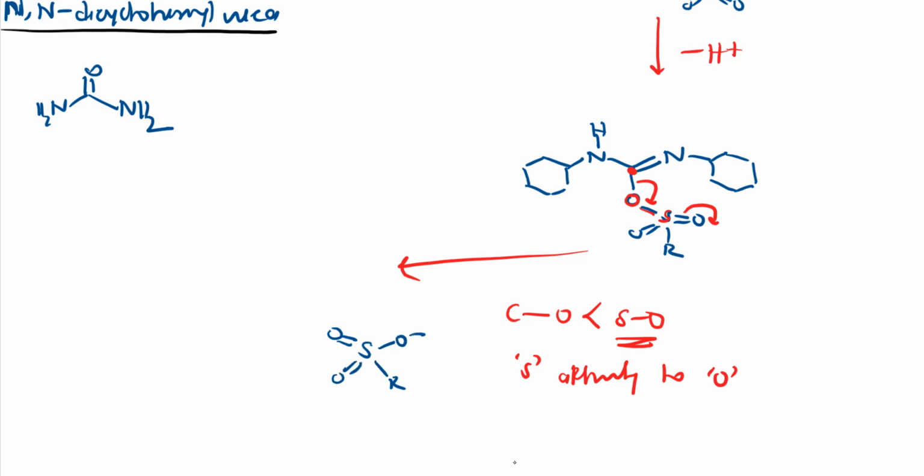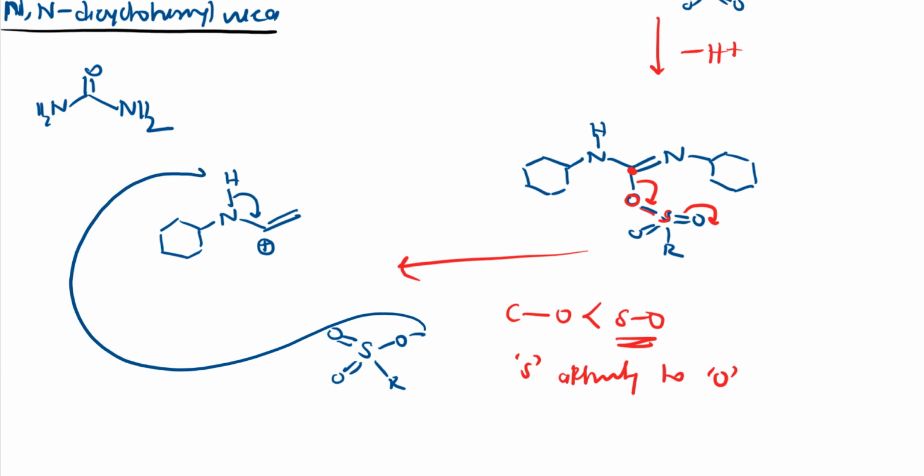1 2 3 4 5 6, sulfur valence is 6 and it is 6 here. Other things, what happened, I am going to draw here. So I have here NH. Again this carbon gets a positive charge, so this hydrogen will move as H plus. That H plus can take this electron density, this oxygen it will take, so it will become like this: S double bond O, double bond O, OH and R.